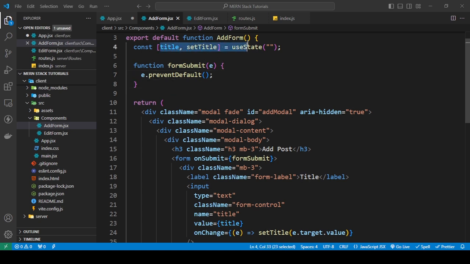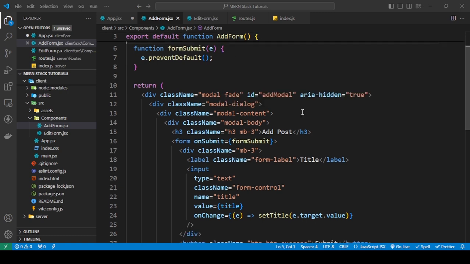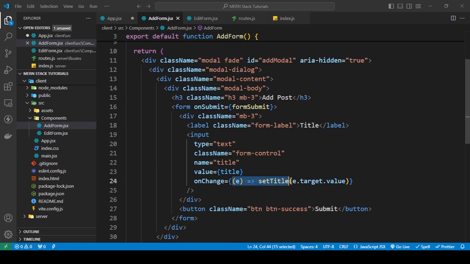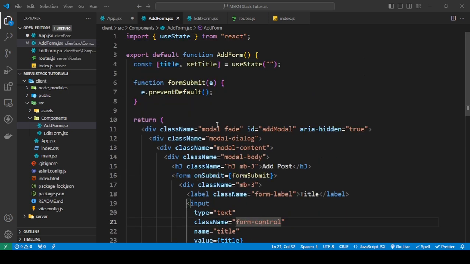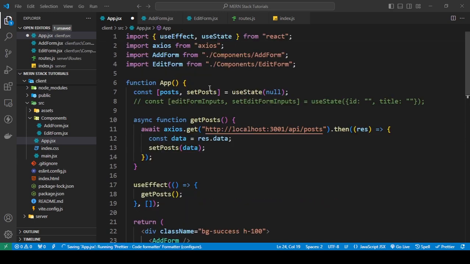And this is just to get the input value for the title, okay? Here. So this is how that's working. I'll get to the edit form later, but for now,